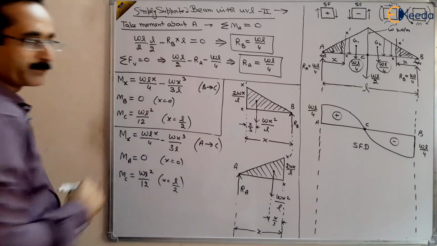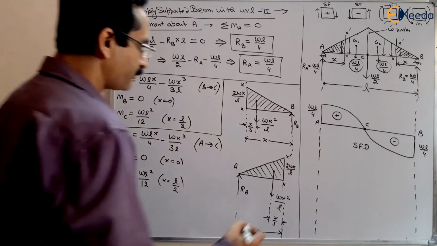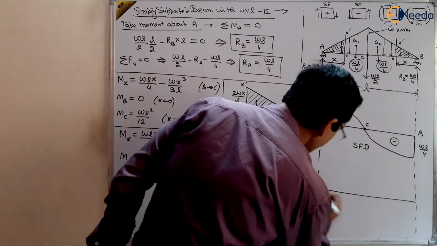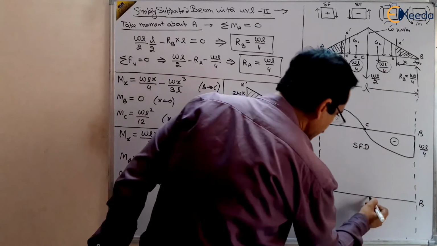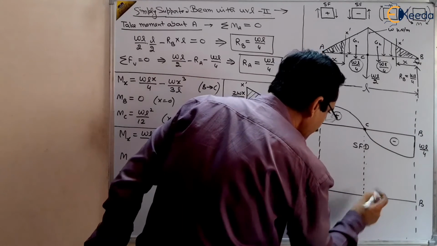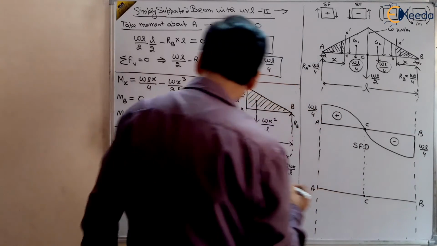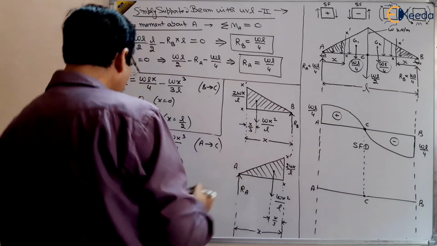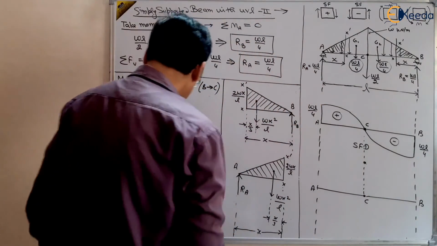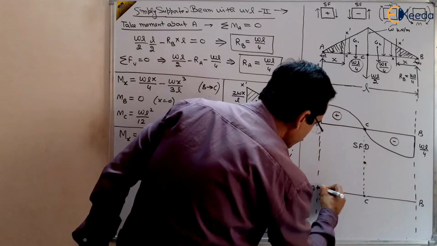So this is a cubic parabola. What type of curve will you get? You will get a cubic parabola like this. Suppose this is our beam from A to B, and this is the center point C. At point C there will be the maximum bending moment, and it is a cubic parabolic curve. This value will be WL square by 12, and it goes from 0 to WL square by 12, and then WL square by 12 to 0. So you will get this type of curve,